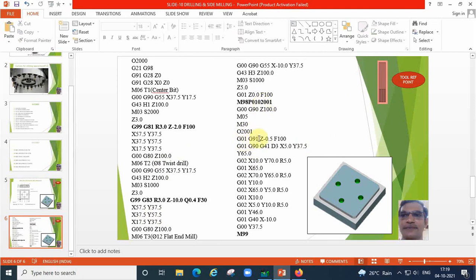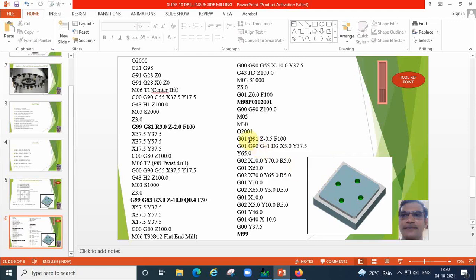First we have to give incremental depth of cut. G91 we are using. That means if you write G91 Z minus 0.5, first 0.5 depth will happen and it is rotating one full rotation, and then we are not lifting the tool after one rotation, keeping the tool in the same place. Once again the tool will go down 0.5 mm. It will rotate one rotation. Like that 10 times it will rotate. We will get 5 mm depth.